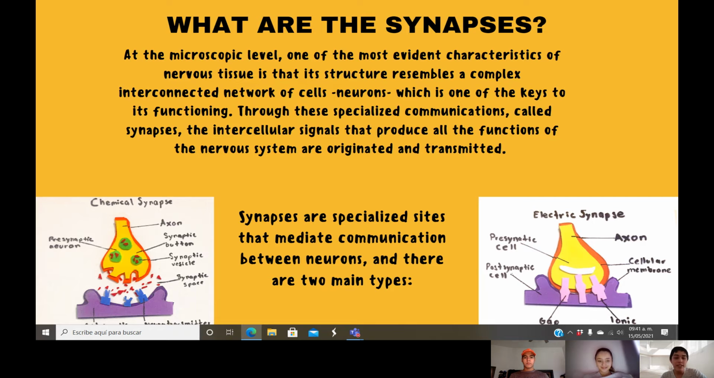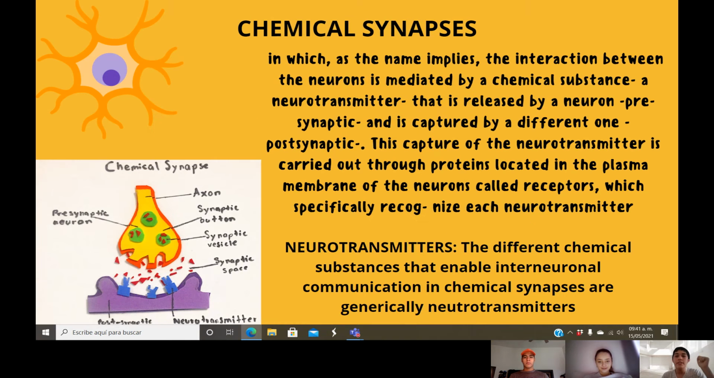Synapses are special sites that mediate communication between neurons, and there are two main types. The first type is chemical synapses, in which, as the name implies, the interaction between the neurons is mediated by chemical substances, a neurotransmitter, that is released by a presynaptic neuron and is captured by a different one, the postsynaptic. This capture of the neurotransmitter is carried out through proteins located in the plasma membrane of the neurons called receptors, which